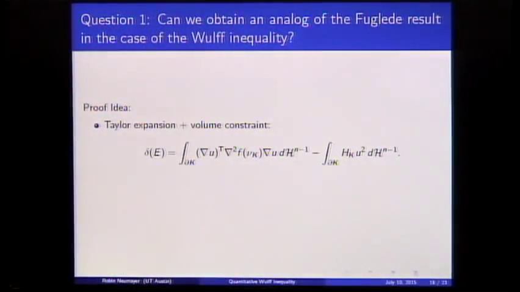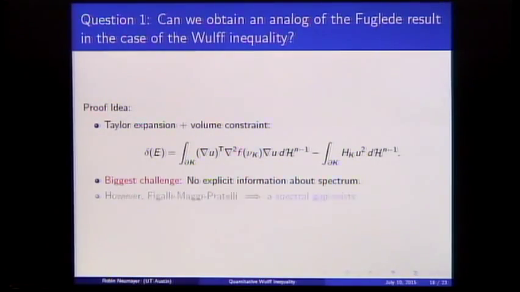So we do that. The problem is we don't have explicit information about the spectrum. In the Fuglede case, well, we know everything we want to know about spherical harmonics. We know the eigenfunctions, we know the eigenvalues. Here we don't expect to have explicit information. We're talking about a general class of elliptic operators.